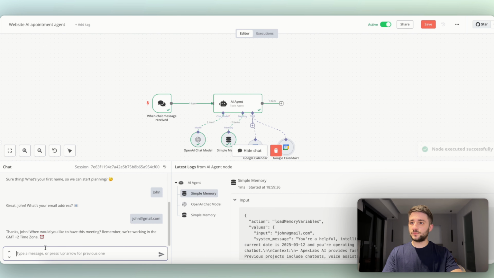Okay, now it asks for the time. Let's say I want something for tomorrow after 3 p.m. Actually, let's say after 11 p.m. because I have an event. Now, actually, let's say I want something tomorrow at roughly 11 p.m. I have an event at my calendar at 11 p.m. So we should,